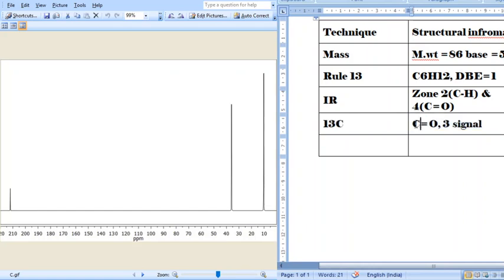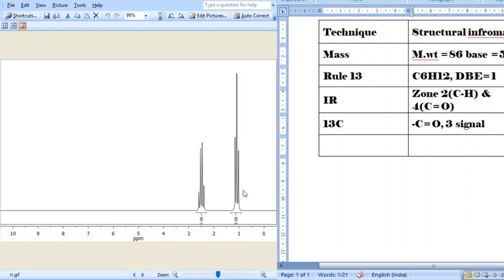One carbonyl is present, that we confirm. Another thing we confirm is there are 3 signals. And among them, one signal is shifted, that is, de-shielded, and therefore it should be adjacent to a carbonyl group. Among the 3 signals, the remaining one signal is due to carbonyl, and the remaining 2 signals we can think of as CH2 and CH3.